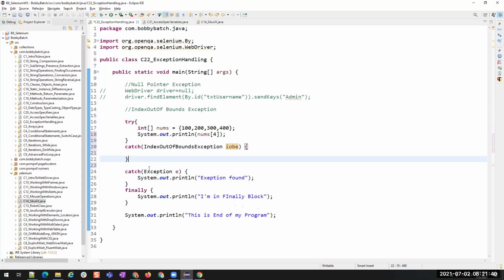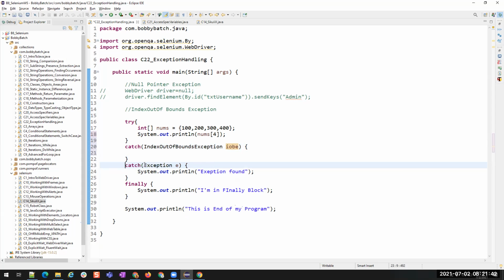IOB. Okay. Here I'll say, I am in IOB block. So here you can also have multiple catch blocks for the same try.